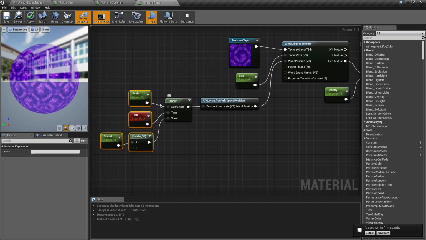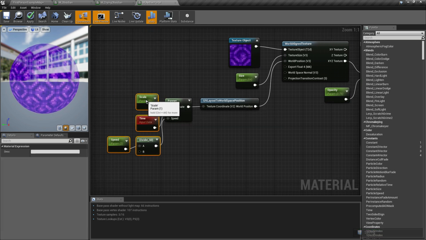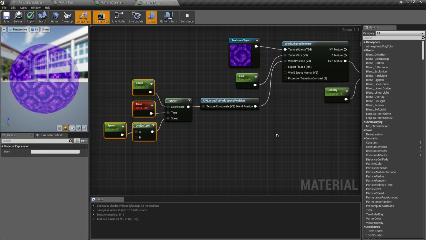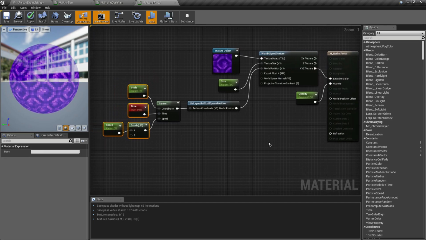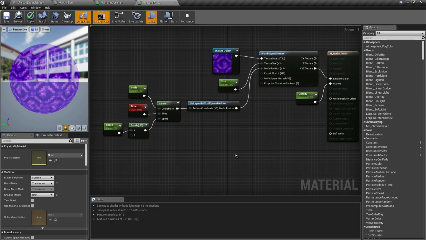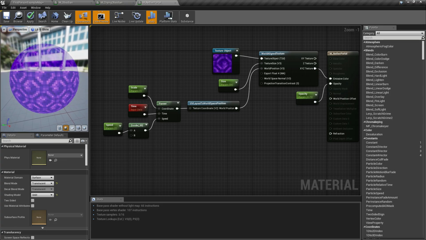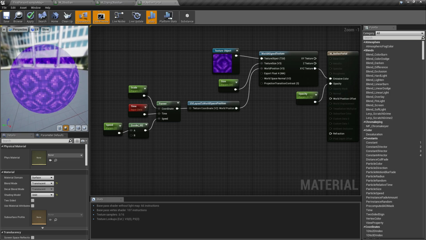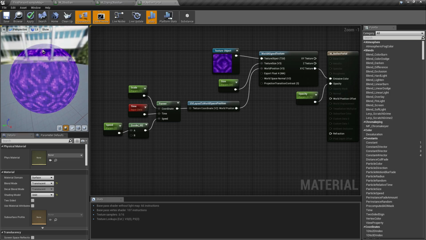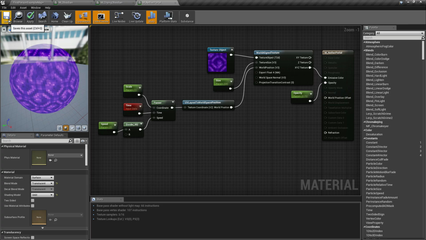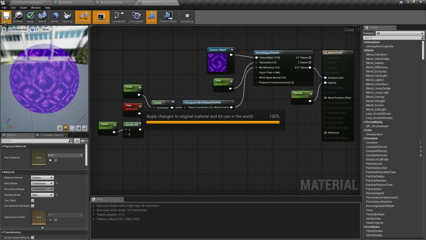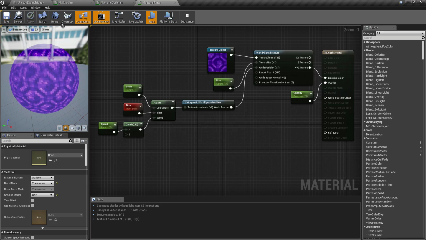Then let's adjust this one close like this. Then as you can see, this is our nether portal. But let's save this first so that we can see the output of the nether portal.